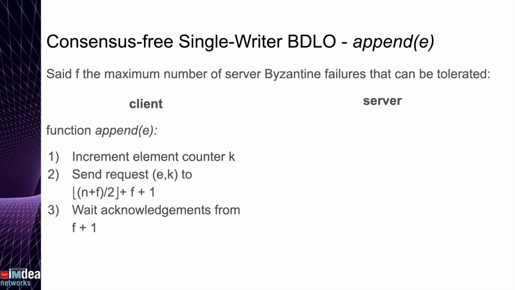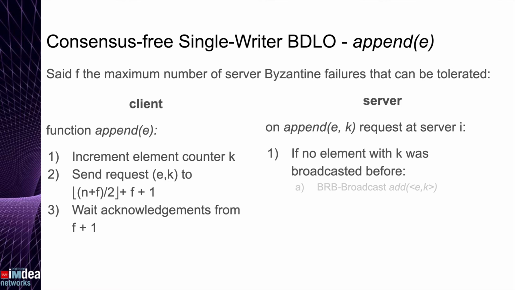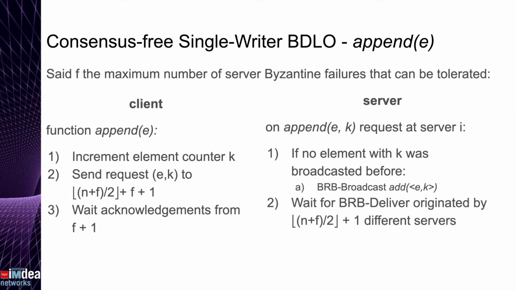On the server side, the request is BRB broadcasted like in the BDSO only if the sequence number contained in the request was not already broadcasted before. Then, the server waits for floor of (n plus f) divided by 2, plus 1 deliveries of the same request by different servers. This number of requests ensures that two conflicting requests containing different elements but the same counter cannot be sent to disjoint sets of correct servers, returning both a success outcome, but at least a correct server must